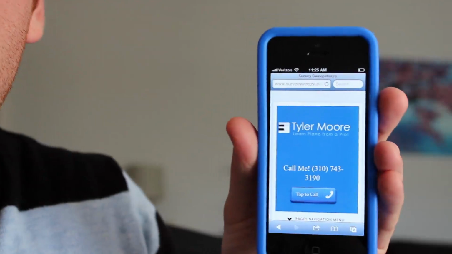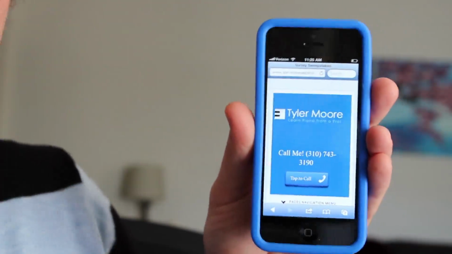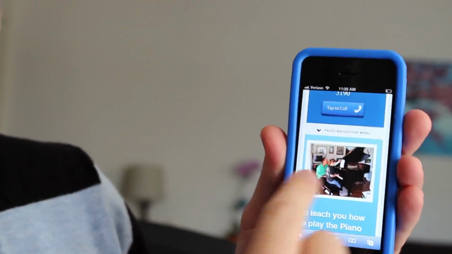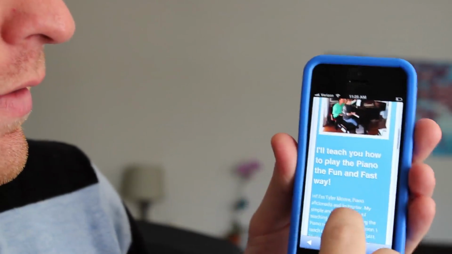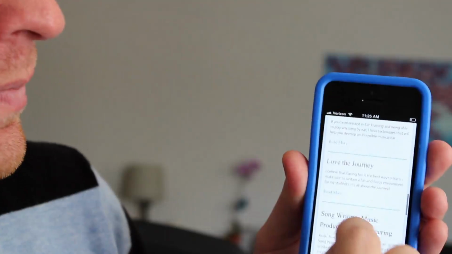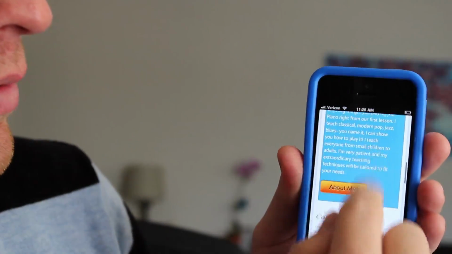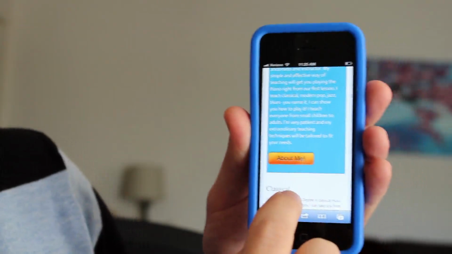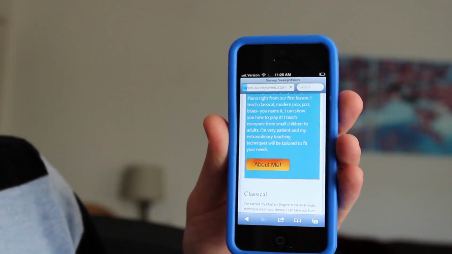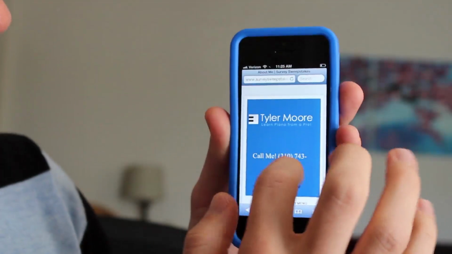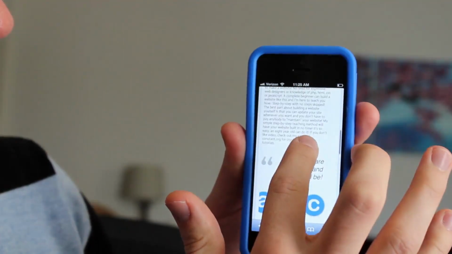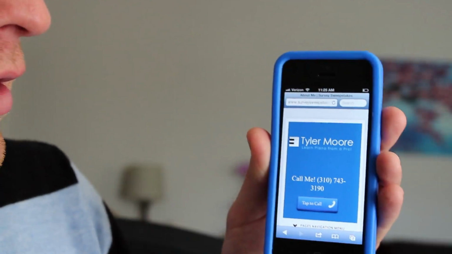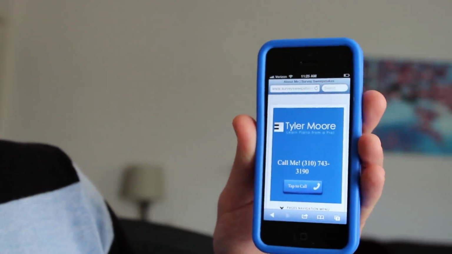So here's the website on the phone. As you can see, it's reformatted, so it looks really good on your phone. It has the featured image still and has all the same content still. And we can check out the About Me page. If we click on the About Me right here, we see that everything's formatted good and everything looks pretty good,